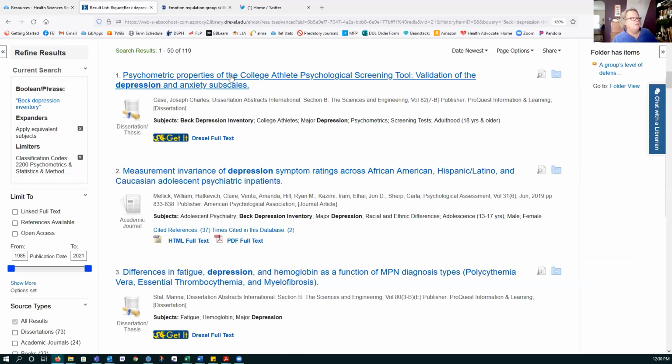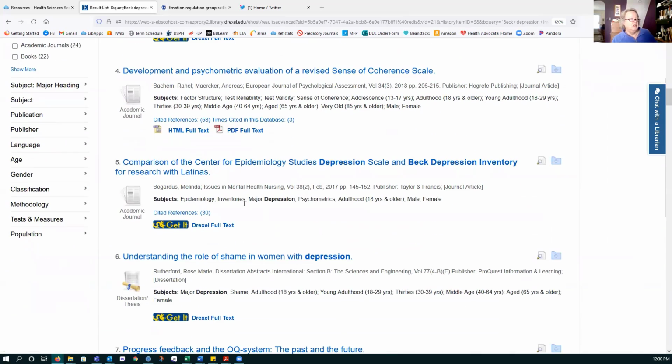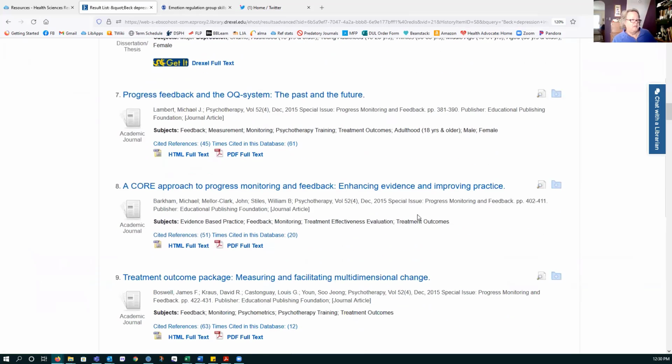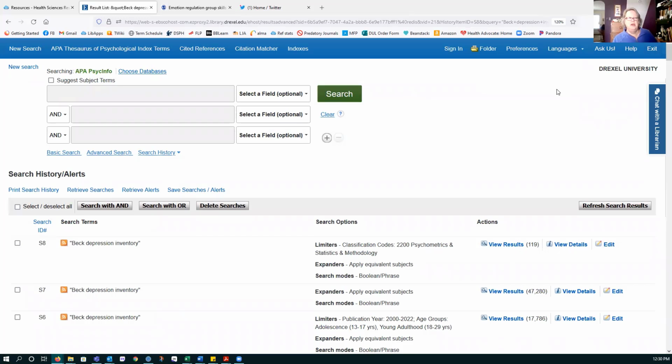And these are more likely to be articles that are about developing psychological assessment instruments. So here we're comparing depression scales. So again, those classification codes are just a really useful way of narrowing down a very broad search to a much more specific area. The other one that I've often found very useful